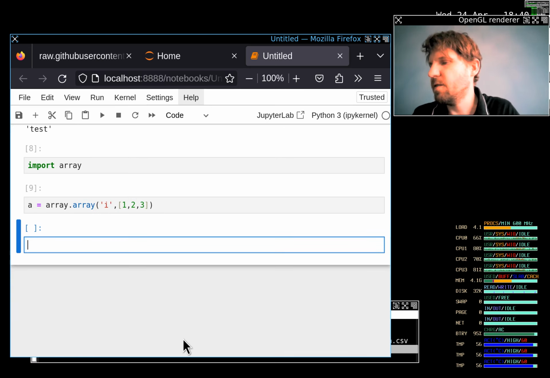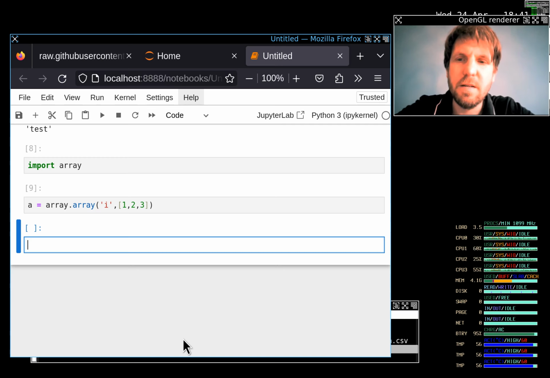Okay, so we have this array A. Further, there are NumPy arrays. So there are two different kinds of arrays in Python. There are even more complicated things. This is one of the things that are complicated in Python, is that